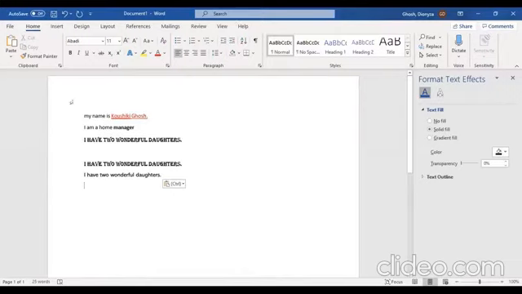And if I want to paste it, this will be,